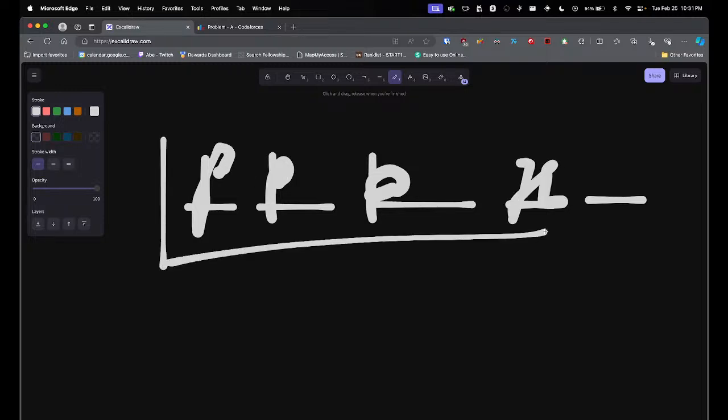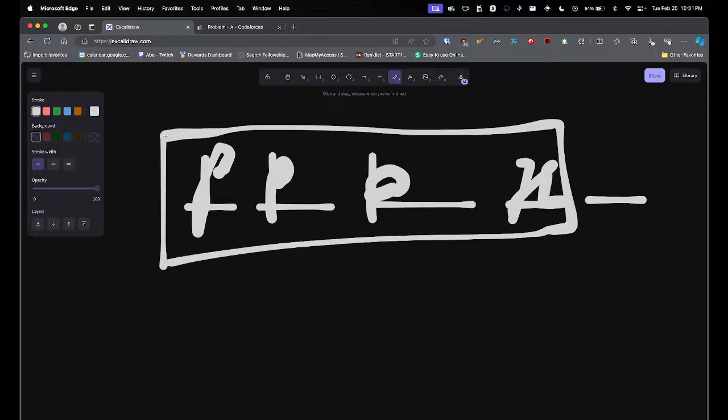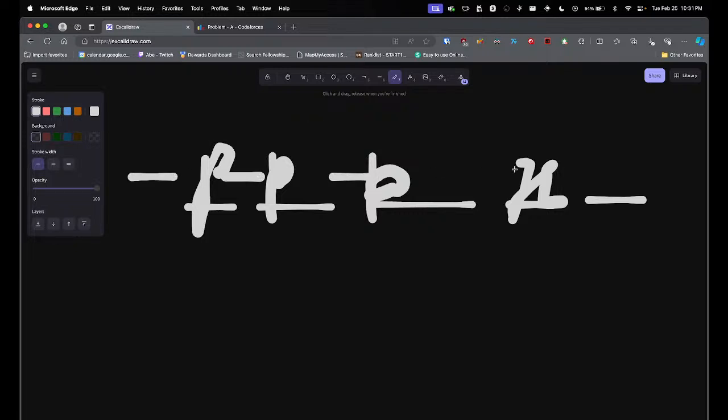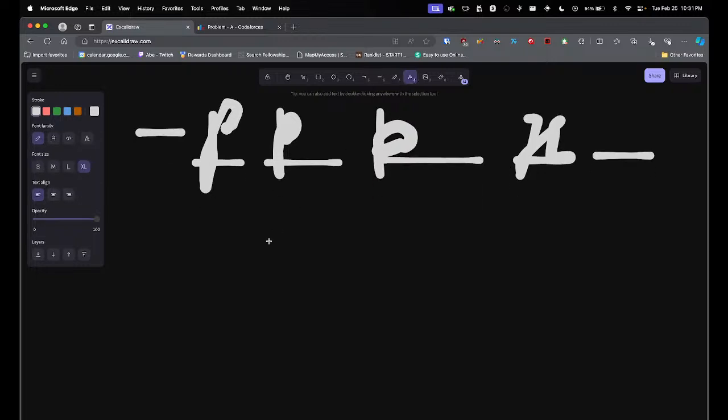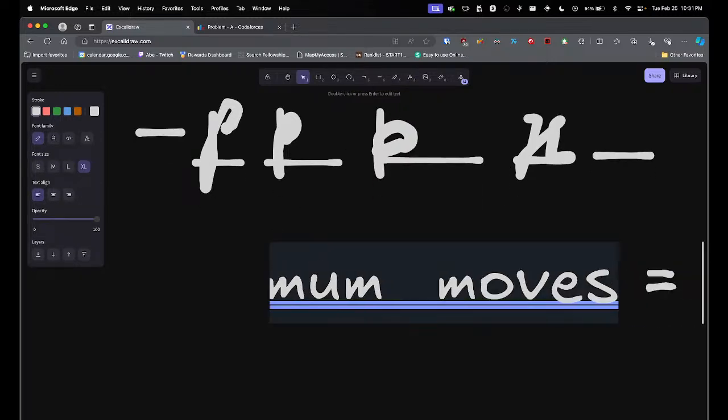Why? Because this minimizes the operations. And if it was negative, I just take -p. That's it. So from this you figure out that minimum moves equals